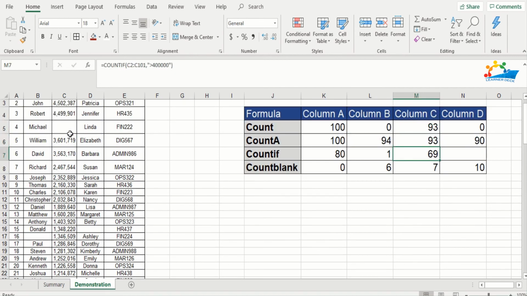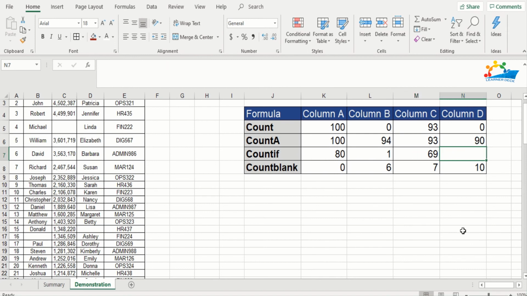So it says that there are 69 figures greater than 400,000 within this table. See, you have 100 cells here and you have squeezed down the data according to your requirement.